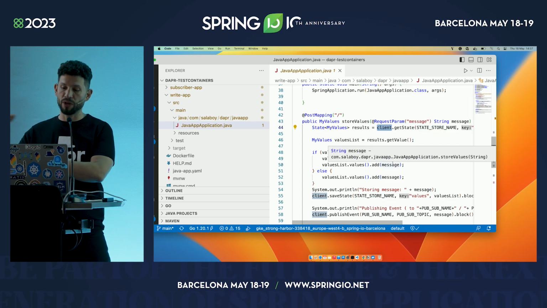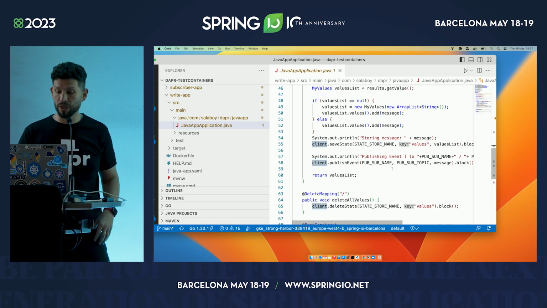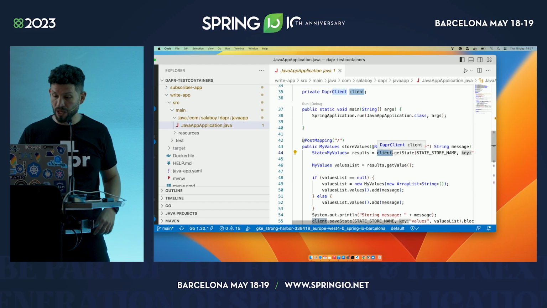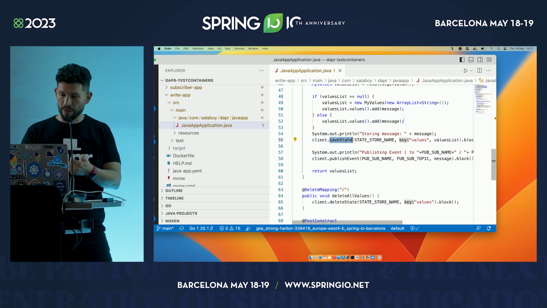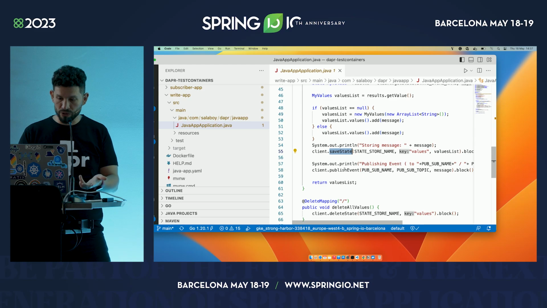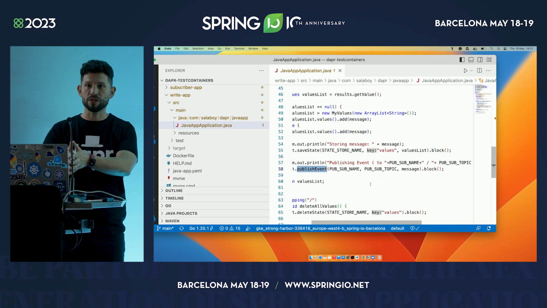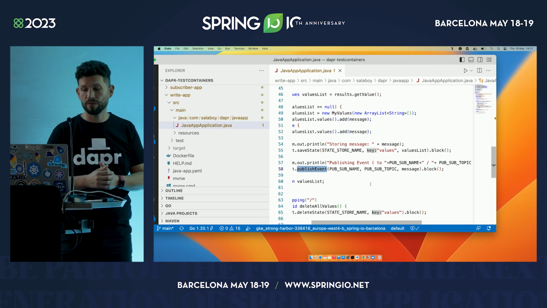And I can go and switch Redis for Cassandra or switch Redis for PostgreSQL or even for MongoDB. My application will not know. It will keep providing the same behaviors, and that's because Dapr is exposing this standardized API to store and read state. As you can see here, I'm getting a state, I'm saving a state, but I'm also publishing events. So I have another method that will allow me to send a message. And that message will be routed to all the applications that are listening for these events, right?